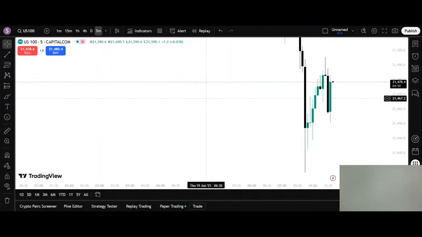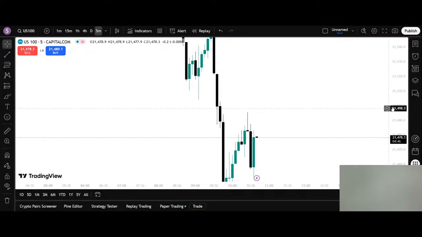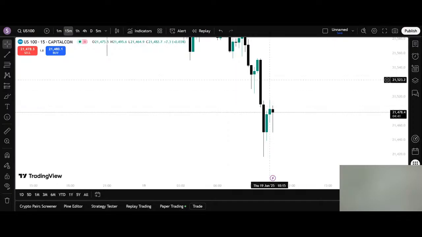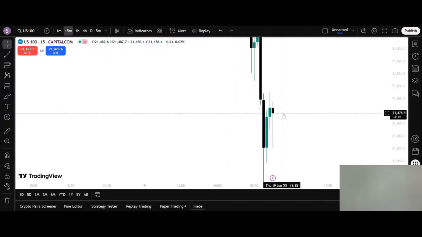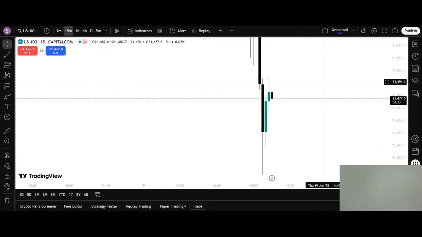With 5 minutes left now. Also, let's see how this 15-minute candle closes. And then if you can find our setup on